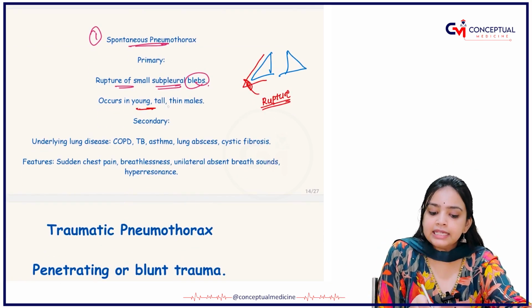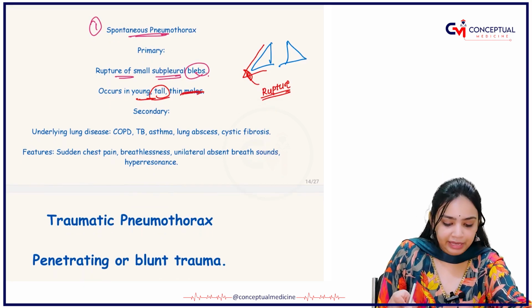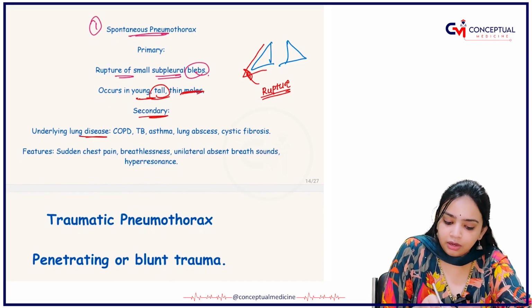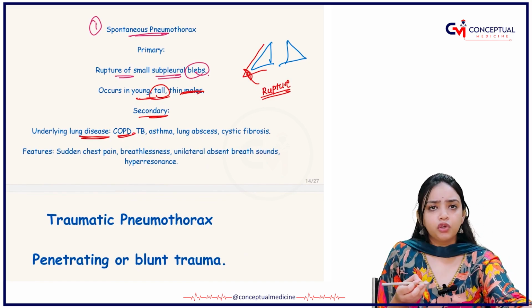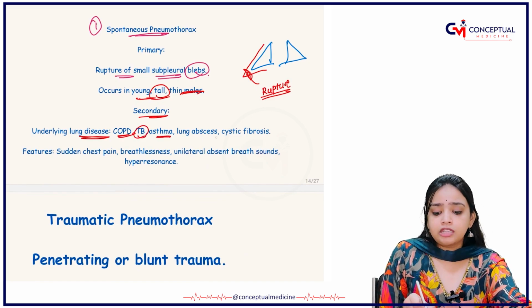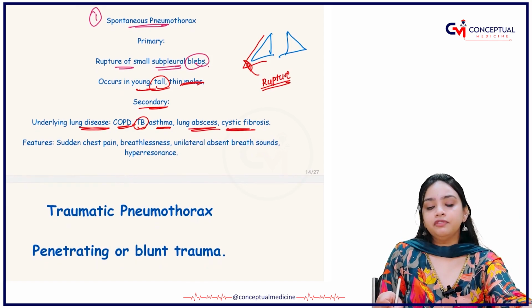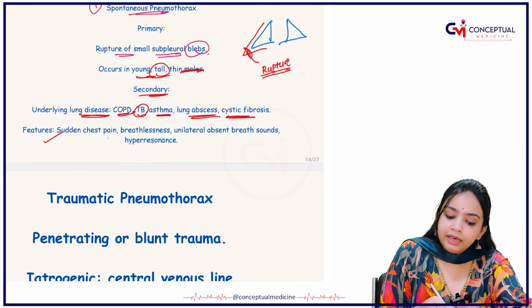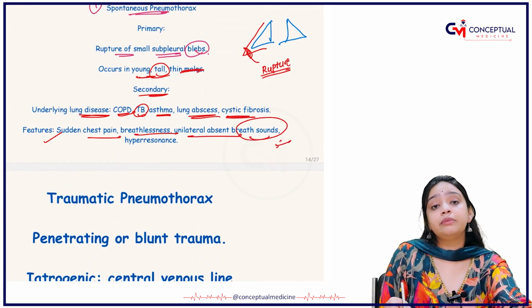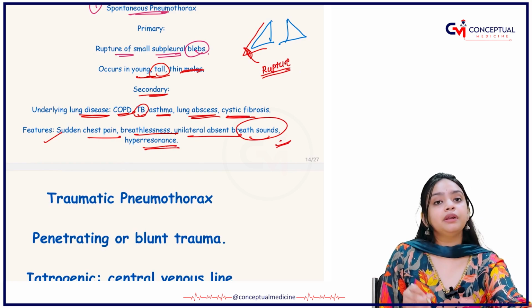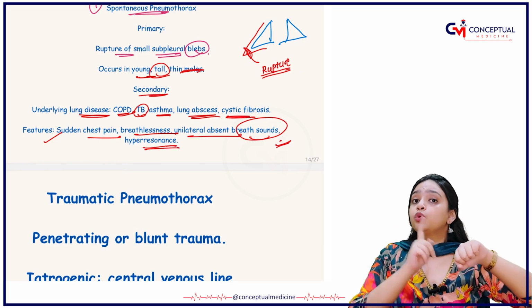So it mainly occurs in young people who are tall and thin males. Secondary, the underlying disease can also be there, like either the patient is a COPD patient, tuberculosis, asthma, lung abscess, or cystic fibrosis. The features will be sudden chest pain, breathlessness, unilateral breath sound will be absent, and hyperresonance you will be able to see when you do the